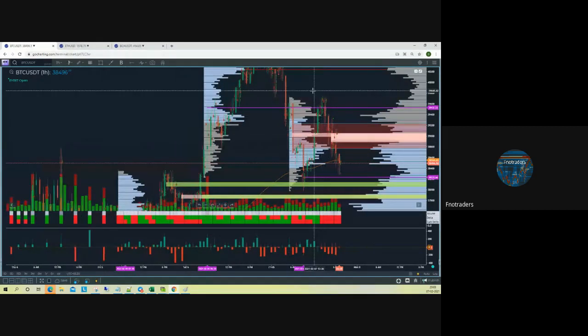The profile and imbalance footprints are available for both the crypto markets and the Indian exchanges as well. So NSE, both futures, cash, and options data is also available, so you can use it for those symbols as well. And currently, as GoCharting said, these features are available free for a promotional offer, so you just have to go in, subscribe to the data package, and you can start using it. There are no additional charges for trying these features.